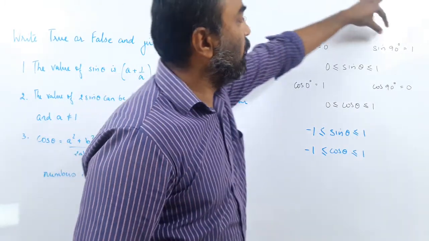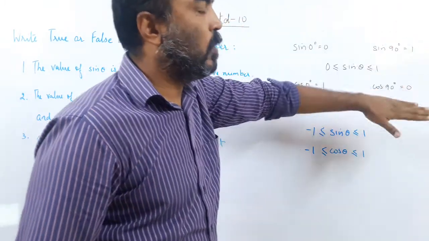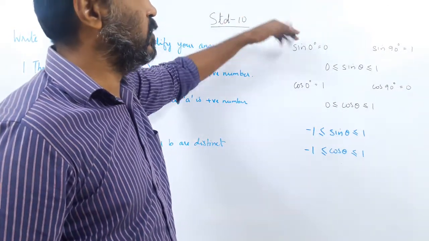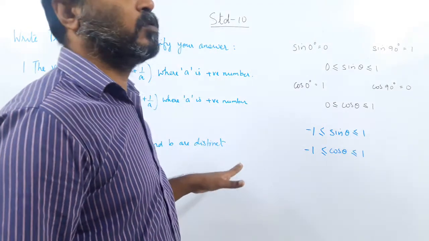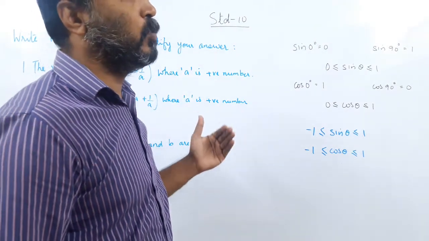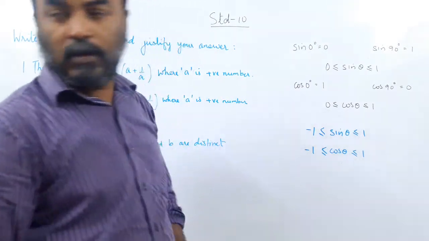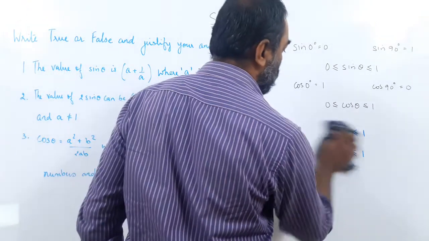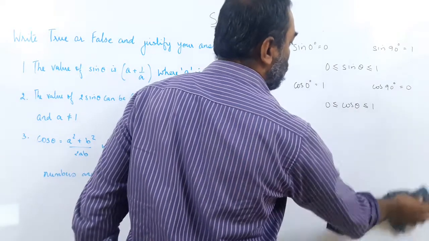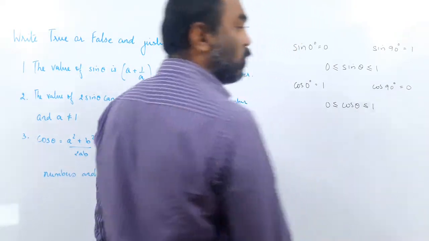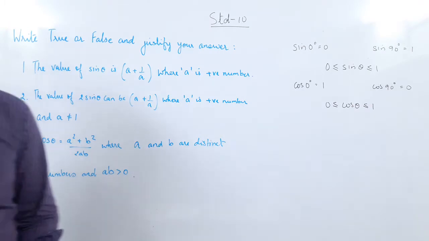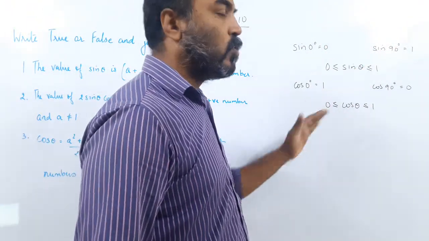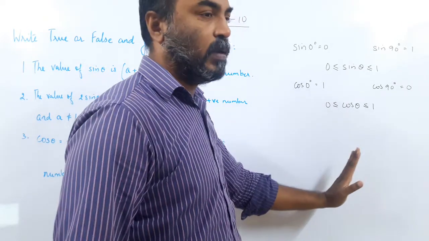I went from 0 to 90, but when the angles go above 90, to 180 degrees, 360 degrees, whatever, or you can have negative angles also. Negative angles also you will learn in the future class. So this is not the scope right now. So I am not going to do this right now. This is not the scope. But this is just for you, helping you out. In future you will learn that when the angle goes beyond 90 or for negative angles, sine and cos will always remain between -1 and 1.